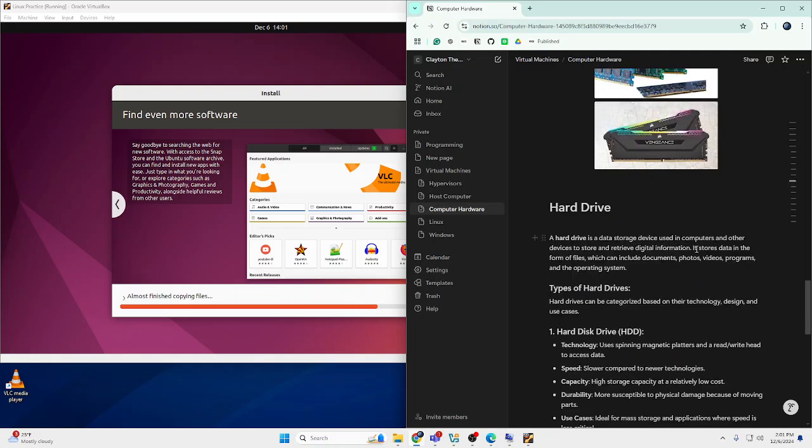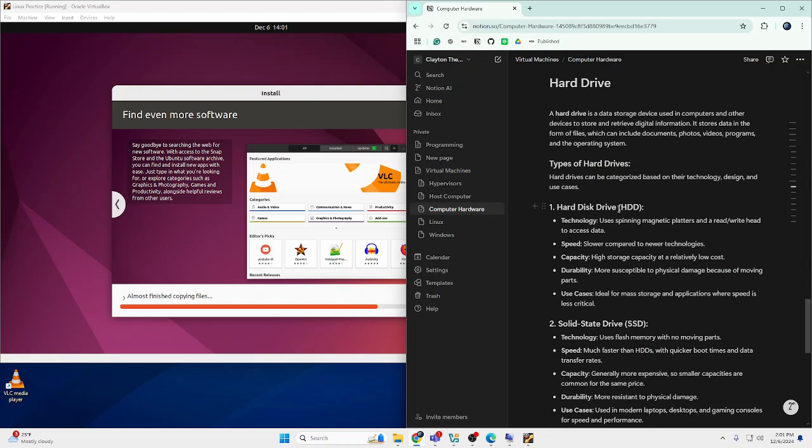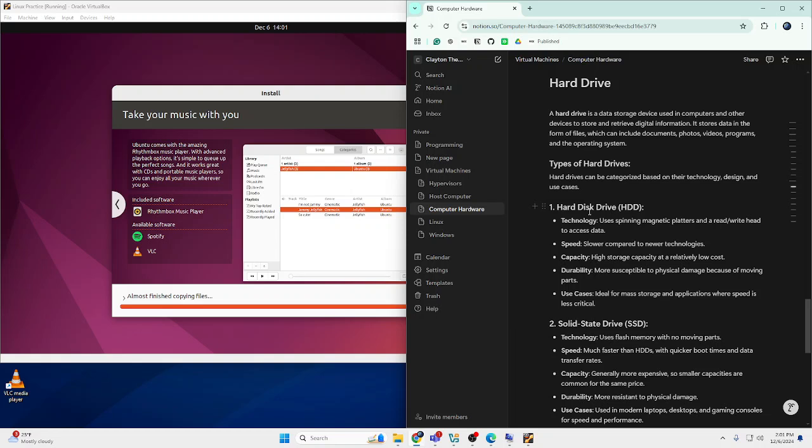Now, different types of hard drives, so how things store information. There's the hard disk drive. Basically, it's a physical kind of thing. It's slower, but it uses a head to read and write, basically engraving information into the disk and reading it back off. It can hold a lot more space, but we don't typically use it now because we have